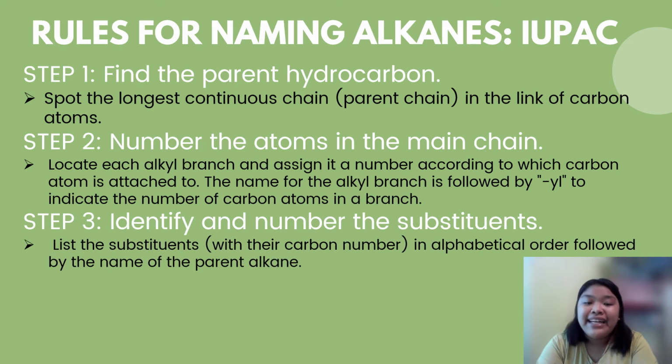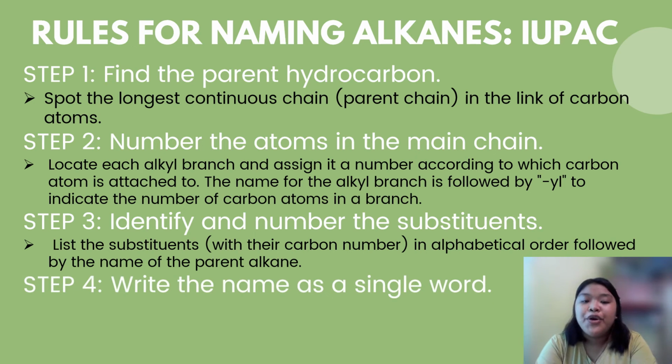Step 3. Identify and number the substituents. Assign a number called a locant to each substituent to specify its point of attachment to the parent chain. If there are two substituents on the same carbon, assign them both the same number. There must always be as many numbers in the name as there are substituents. Always include a position number for each substituent, regardless of redundancies.